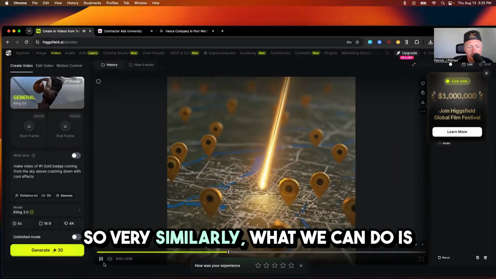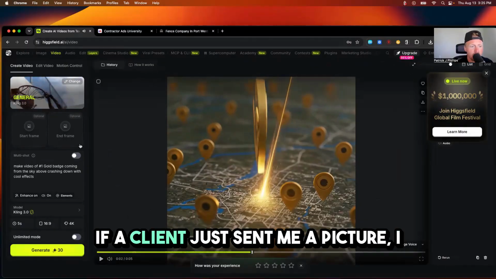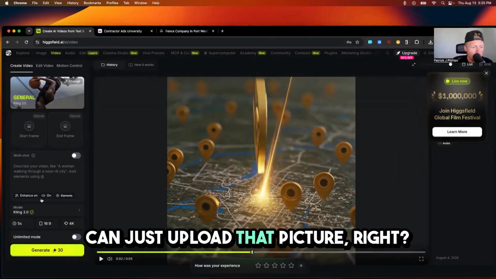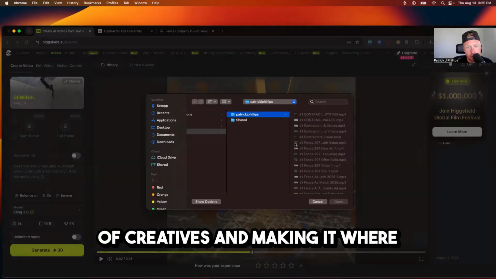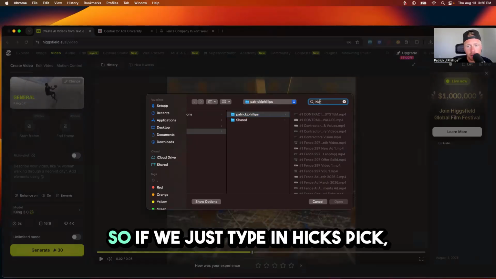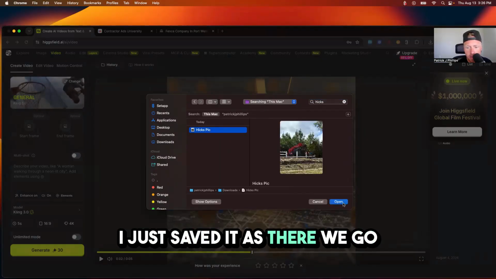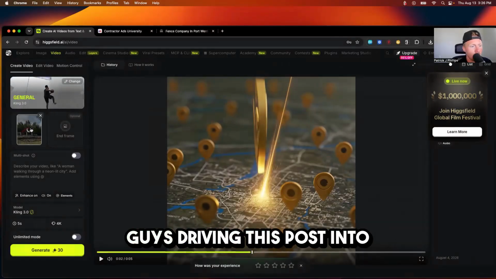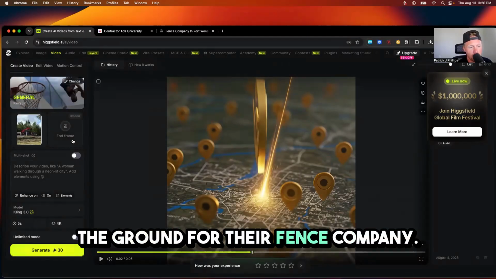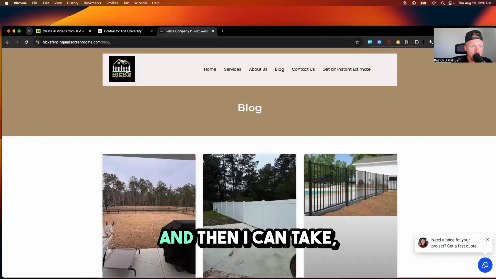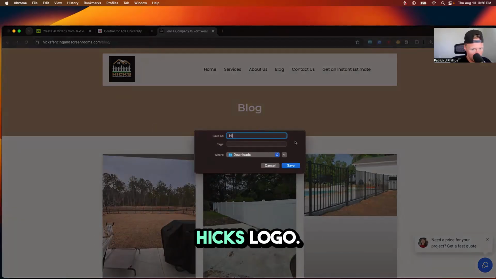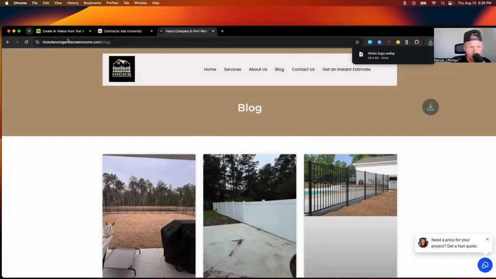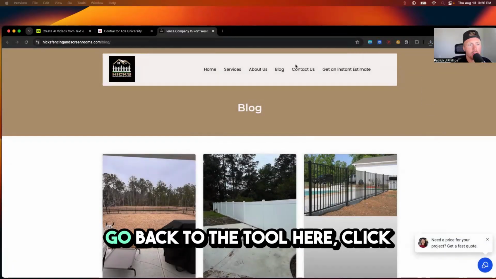So very similarly, if a client just sends me a picture, I can just upload that picture, right? And this is working really well as far as creating a lot of creatives and keeping a low cost per lead. So if we type in Hicks pic, I just saved it as, there we go. You can see it's his guys driving this post into the ground for their fence company. Then I could go to their website and take this image here, right? Save the image as Hicks logo, click save, go back